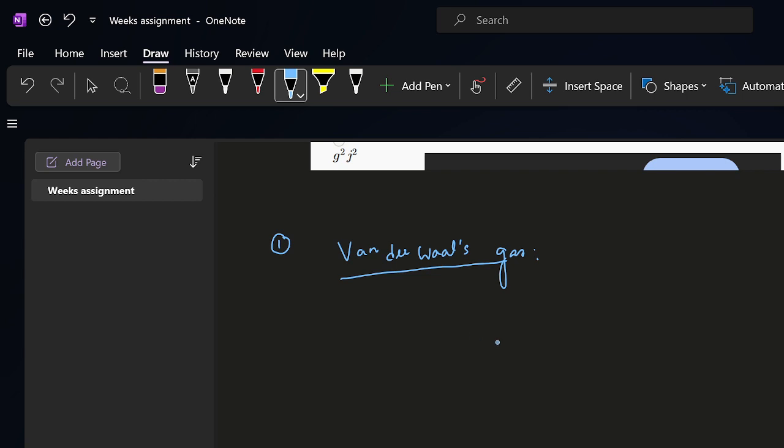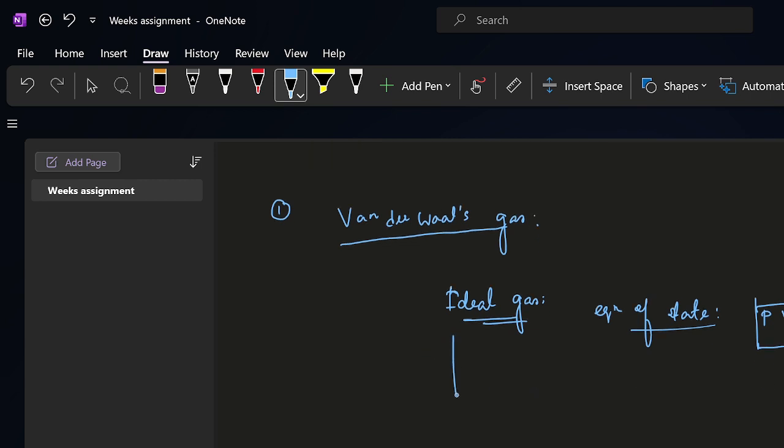and they have a different equation of state, right? Because you know that for an ideal gas, certain assumptions are made to simplify the scenario. And the ideal gas equation of state, I know you remember, is very simple. It is just PV = NkBT, where P is the pressure of the gas, V is the volume, N is the number of particles, kB is the Boltzmann constant, and T is the temperature. But these ideal gases have some